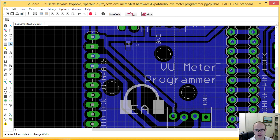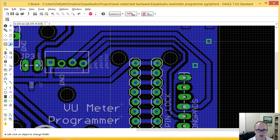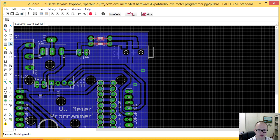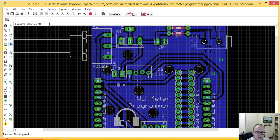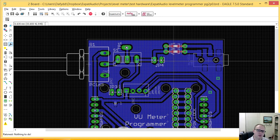All right. Now, yeah, we know this little trace here is a little bit too sensitive or narrow, even though it's round, pardon me. Ooh, that was a bad move. Let's undo that one. Okay, so now let's do another one. And the way I know everything's connected is I check the rat's nest. So it tells me there's nothing to do. Okay, so I think that's about it. Let's have a...